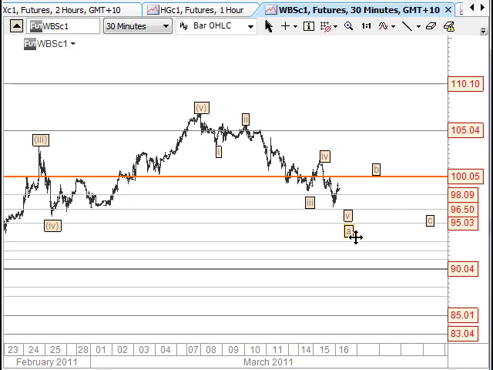So we could look at that as some sort of A wave, but normally you find the distance that a market travels above a level will be the distance that it travels below. In this case we'll be looking for something like an A wave, a B wave pulling back up through here, and then a C wave to come down through here, probably the same distance as the distance that moved above there, so down here. The 95 and the 96.50 here are important support levels. As you can see, they've played in over here as well, so that's continued to play out.